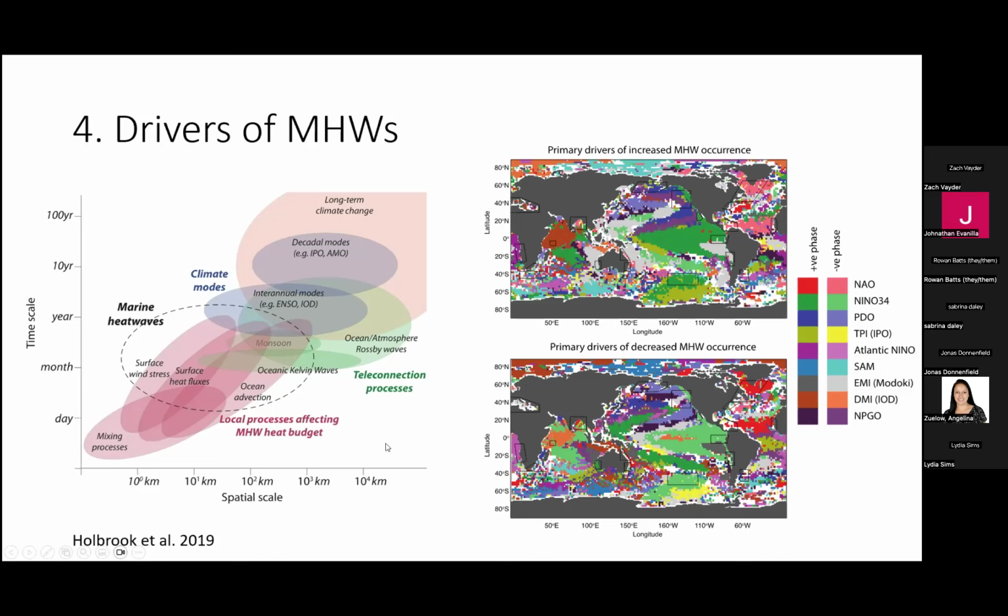And so these in a way start to give you some kind of ability to forecast heat waves as well, because if you're in that particular climate state, you might think about higher or lower incidence of marine heat waves. The vomit part of the plot, though, suggests that it's really noisy in some areas. And that's because in these plots, you just had to pick a single dominant driver, but there may be multiple drivers in a region. And these plots don't show that very well.